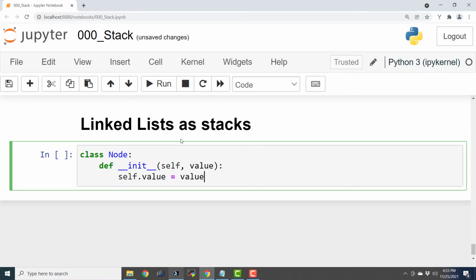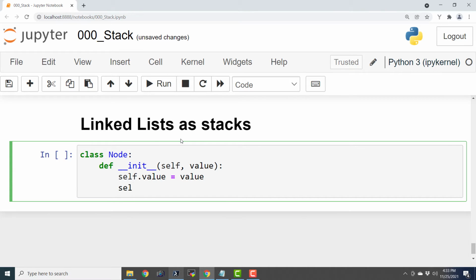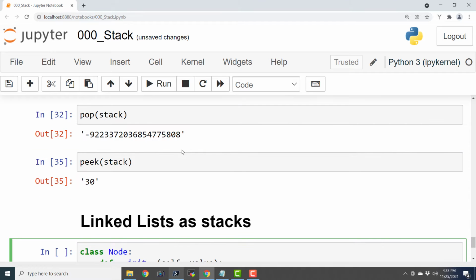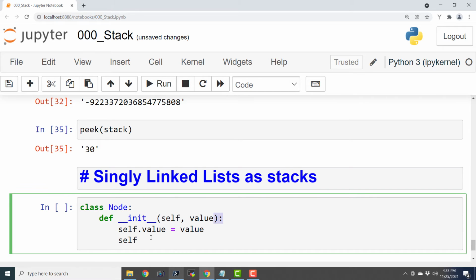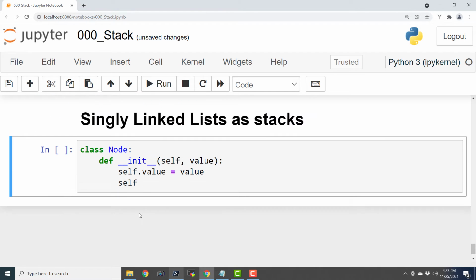So this is the usual thing for the node for a singly linked list. I will mention here that it is going to use a singly linked list as a stack. Let me execute this, I forgot to execute it. self.next = None, and that is a simple node.